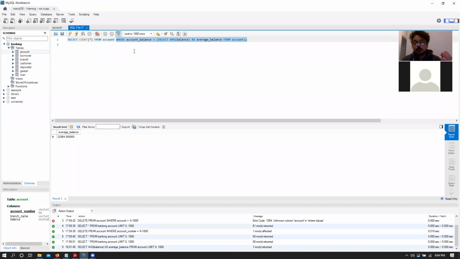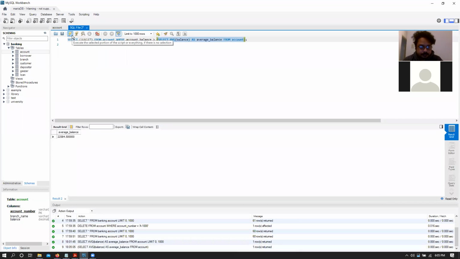Yes, exactly. So your database would basically compute this in advance, keep that, and basically count the number of rows there. So you see that there is no connection between what we are trying to compute versus what the predicate is. Makes sense? So this is not a correlated query. Very good. So if I run this,